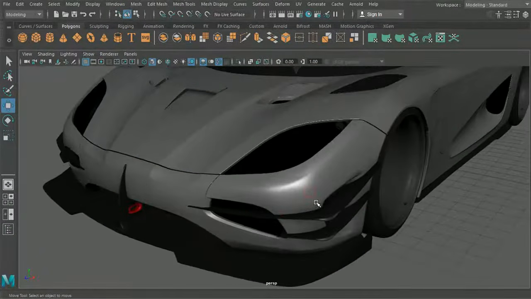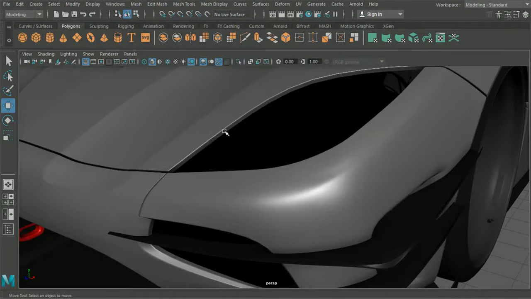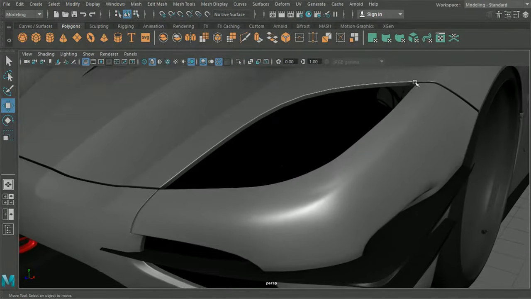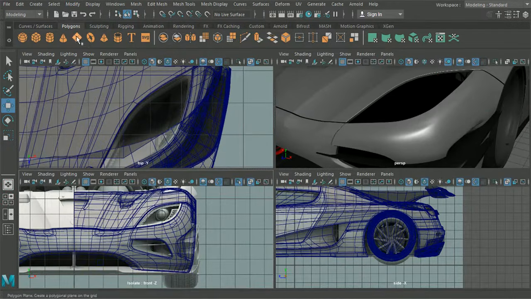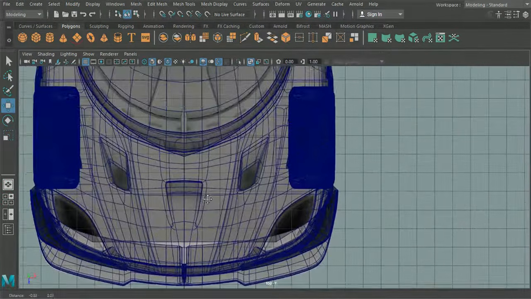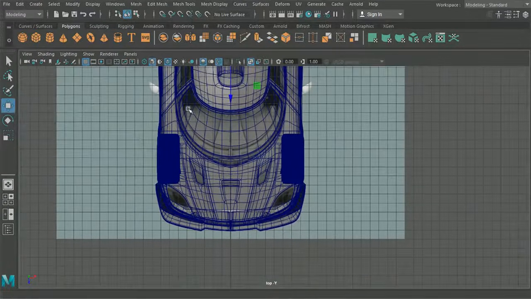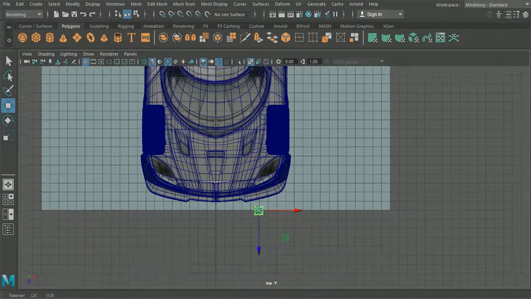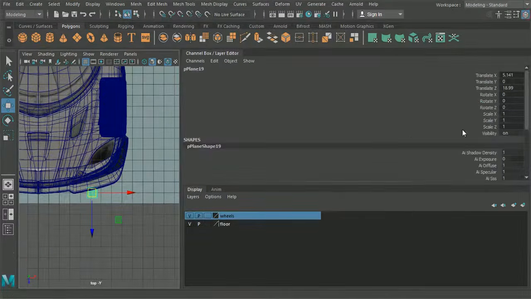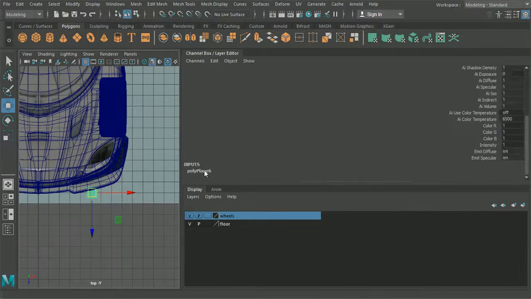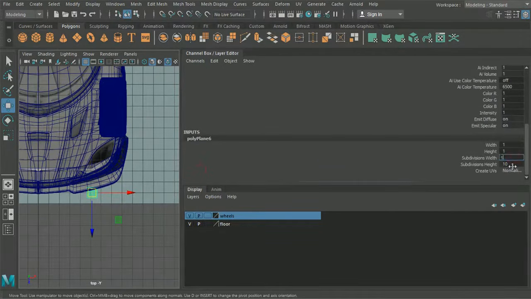Perfect. So what we're going to want to do is we're going to want to create a kind of cage which has this element running all the way around the outside. Then we can extrude that in, and it's actually going to be what the glass is attached to. So I think what we'll do for this is we will use a basic plane. Now I may fast forward a lot of these elements here to see if we can try and get both of these done in the same episode, but we'll see how we go just now. Let's see, so the plane here, we're going to want to take all these subdivisions down.